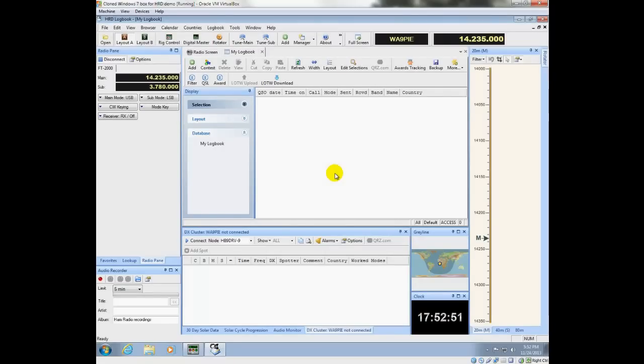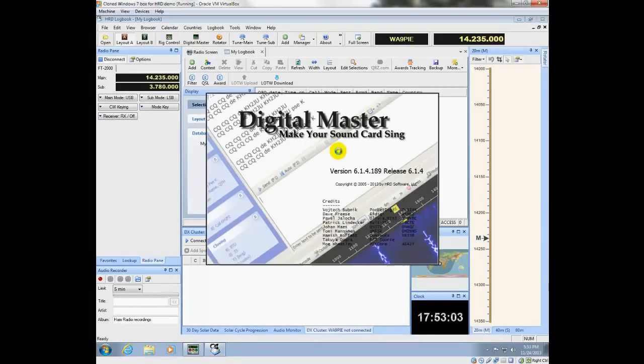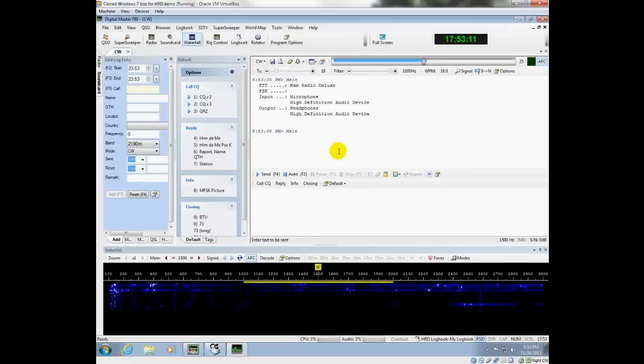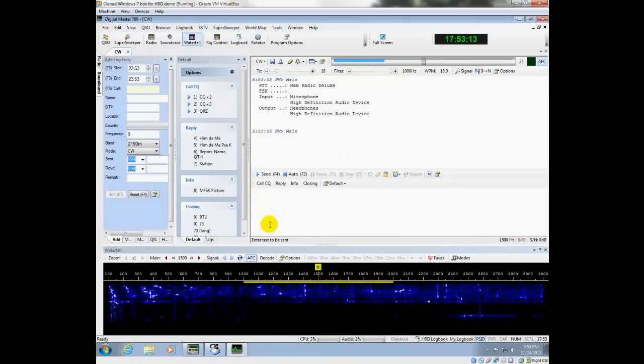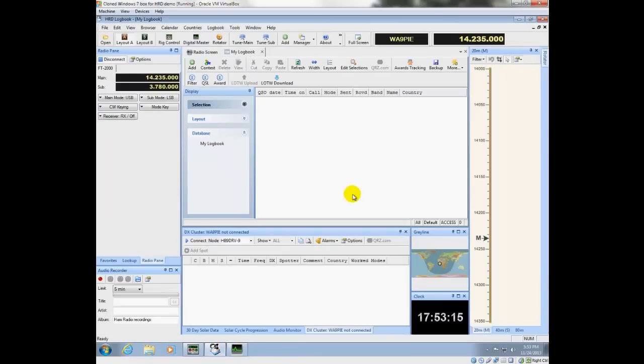Okay, so thus far we've got the software installed. I'm going to go ahead and launch Digital Master. Okay. So just to start with those 3, we'll kind of leave it where it is. I'm going to go back into Logbook,